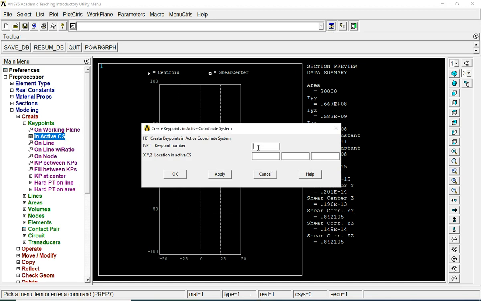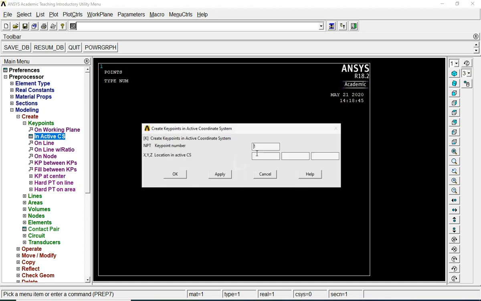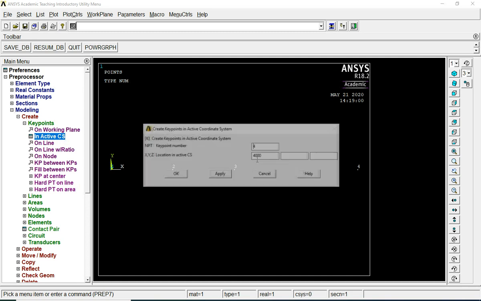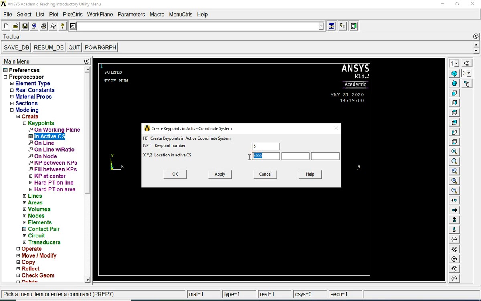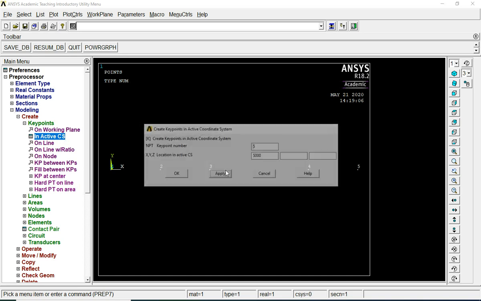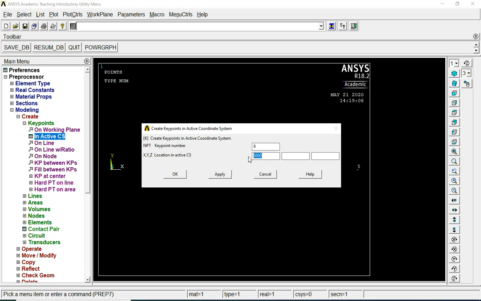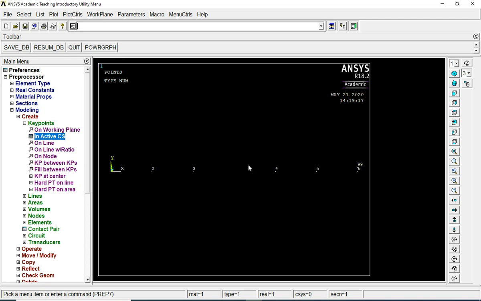Create the first key point at 0, 0, the second key point at 1000, then the third key point at 2000, then the fourth key point at 4000, the fifth key point at 5000, and the sixth key point at 6000. Then create one additional key point for orientation purpose. So we have created the key points.